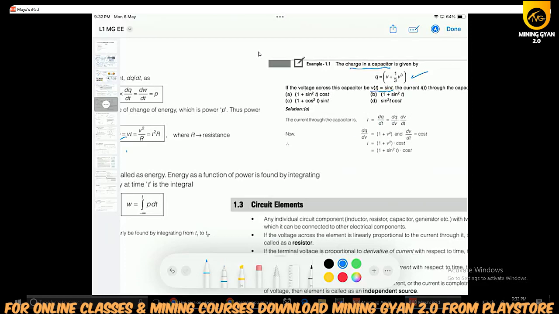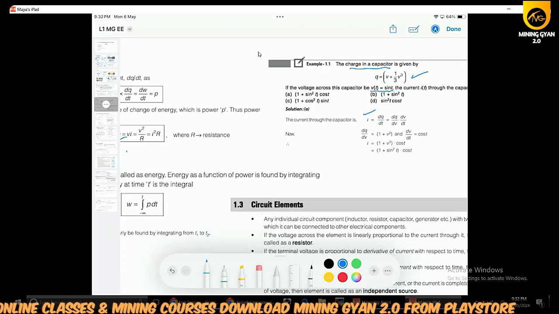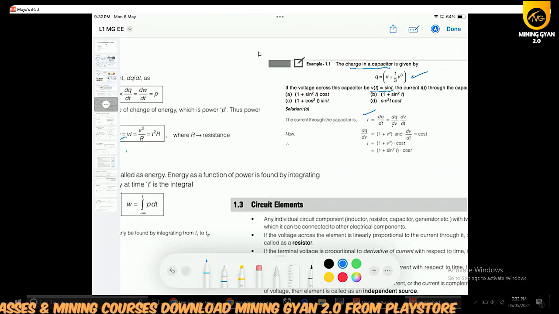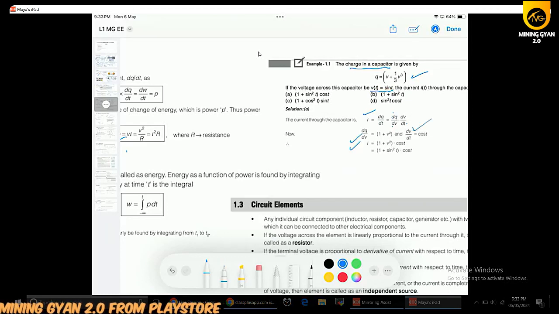So how to calculate it? As you already know, I equals dq by dt, that is the rate of change of charge. So how to calculate current? dq by dv, because the charge is a function of voltage and the voltage is a function of time. You just need to calculate these two, put in these values, and you get the overall current value by this function. This will be the answer.